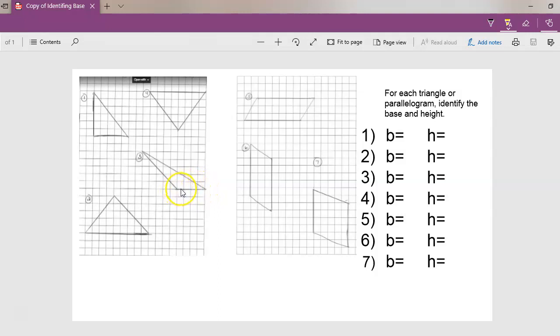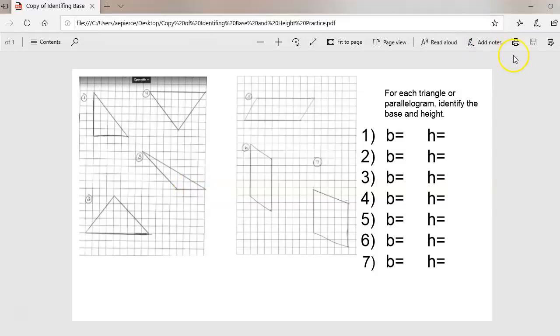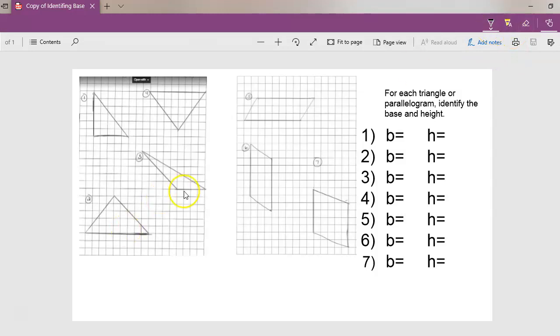I'm actually going to count the bottom line of each of those squares to find out the number of units. So this is 1, 2, 3, 4. Okay, now to find the height,